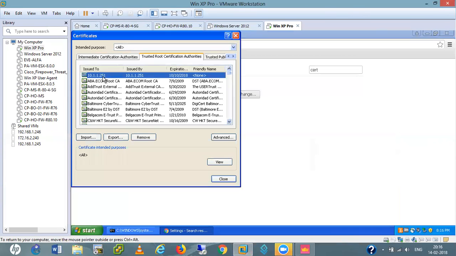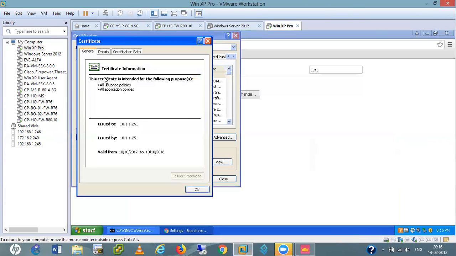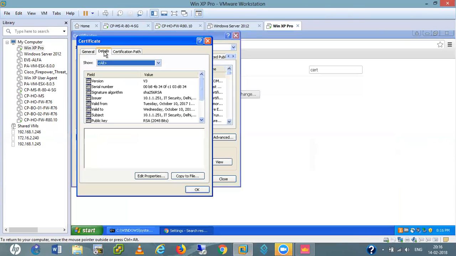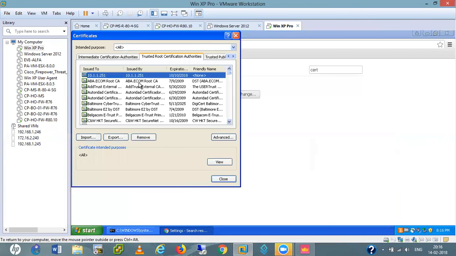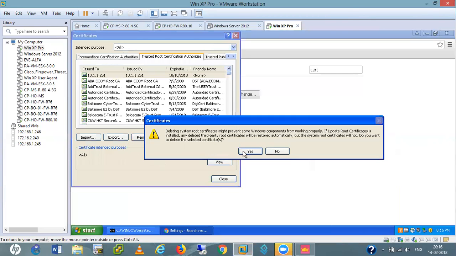Institute certificate. I have this certificate. I'm just going to remove this one.